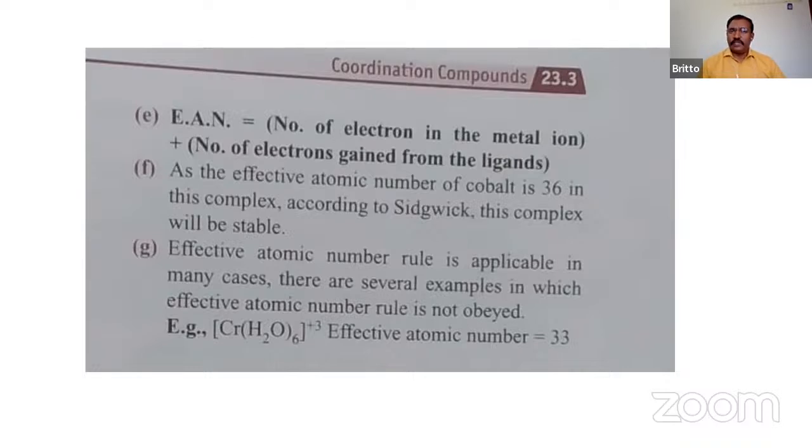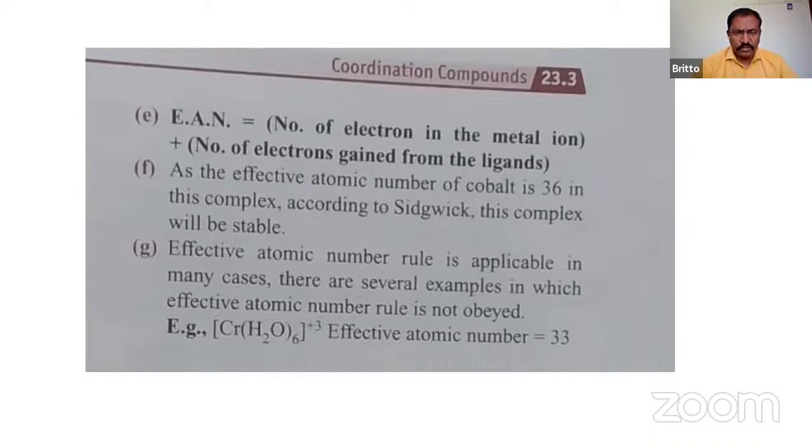And for that, the effective atomic number is the number of electrons in the metal ion plus the number of electrons gained from the ligands. If you add these two and get the closest noble gas configuration, then they are stable. Of course there are other complexes also, but if they form the nearest noble gas configuration, they are stable. If not, it means they are less stable. Okay,